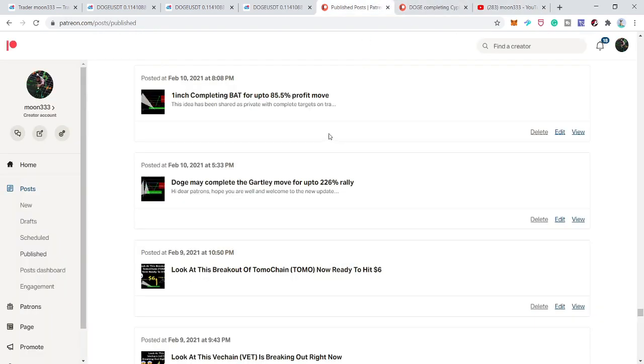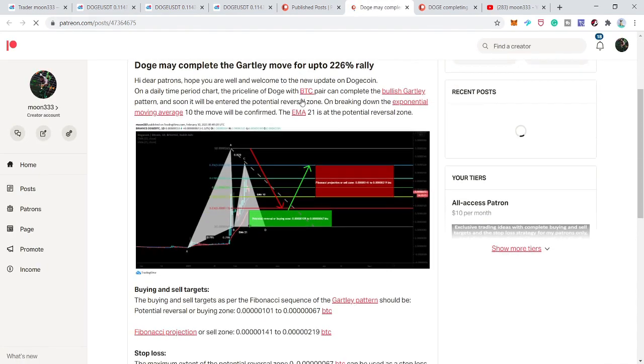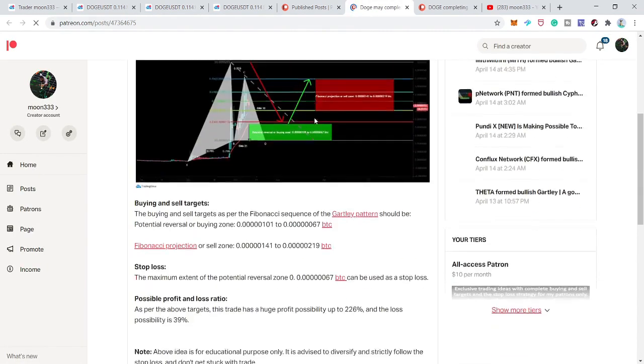And this was a chart that I also shared with the complete buying and sell targets at the Patreon as well. And after that, I also shared the buying and sell targets with you guys on the YouTube and on the different platforms as well. And here I was expecting up to a 226% bullish rally, and this was the daily time frame chart where the price line was likely to complete this final leg of the bullish Gartley. And this is the chart,